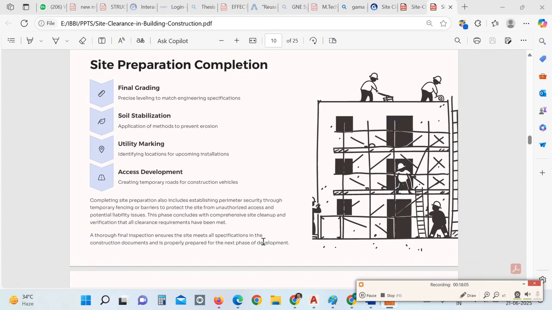Then you have to identify locations for upcoming installation, that you have to mark these locations, which may be called utility marking. And then you have to create temporary roads for construction vehicles. Means you have to provide access to the construction vehicles